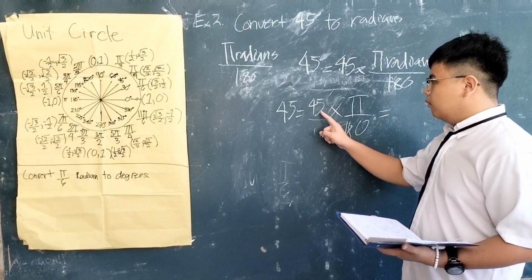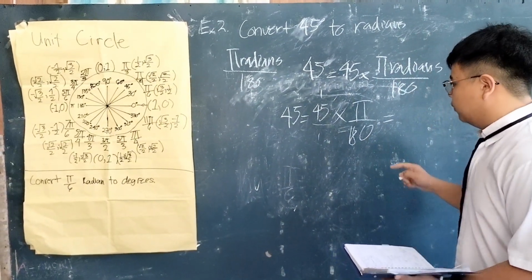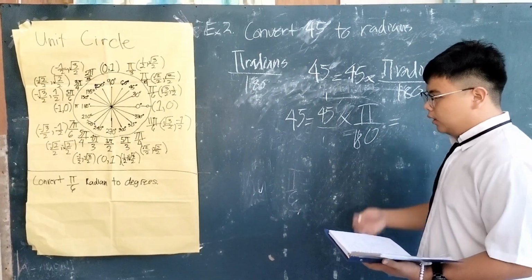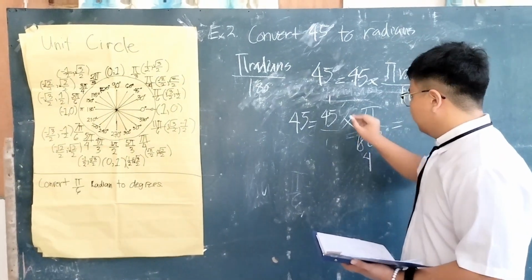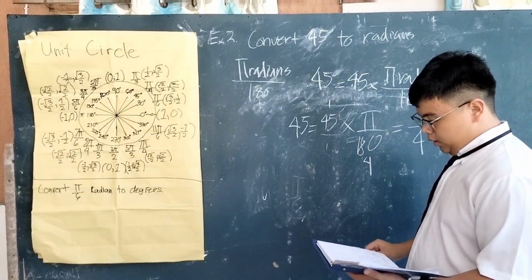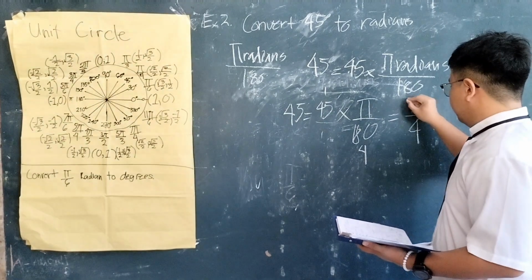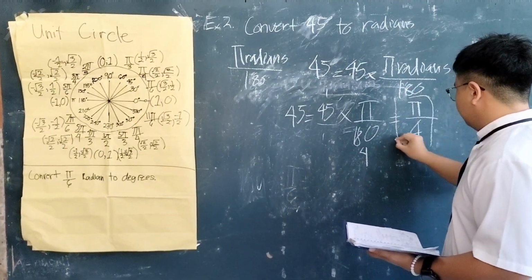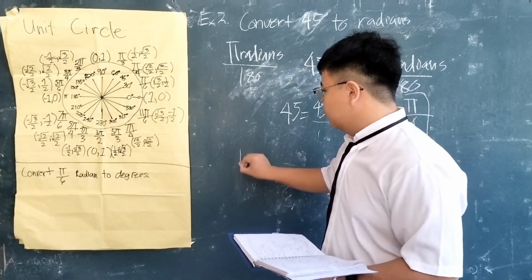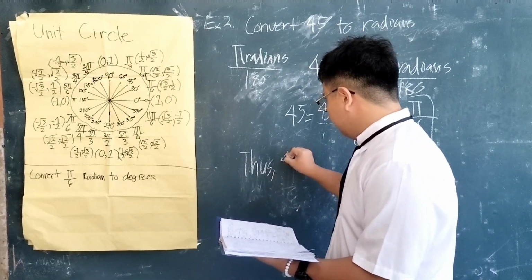So 45 divided by 45 is 1, and 180 divided by 45 is 4, because 45 times 4 is 180. So 1 times 4 equals 4, and 1 times pi equals pi. So the answer is pi over 4. Thus, we also need to put that in a conclusion to make a proper result. So 45 degrees